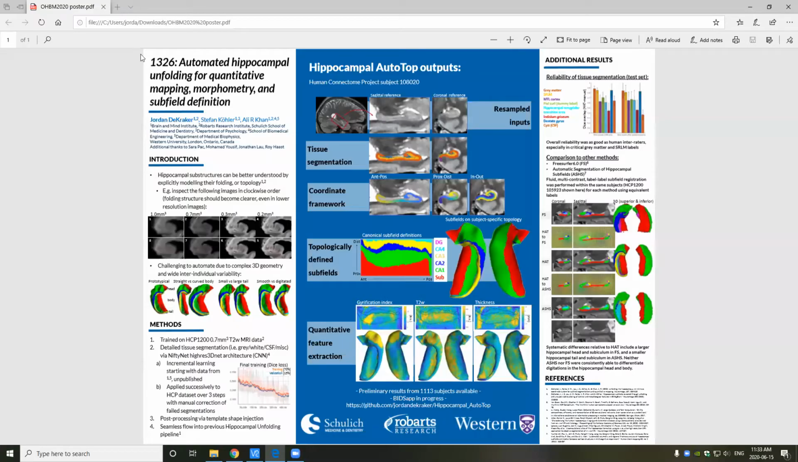Hello, everyone, and welcome to poster 1326, Automated Hippocampal Unfolding for Quantitative Mapping, Morphometry, and Subfield Definition. So I've developed a software called Hippocampal AutoTop, or Automated Topology. Basically what it does, you input a T2 weighted image like this one, and it will give you all of